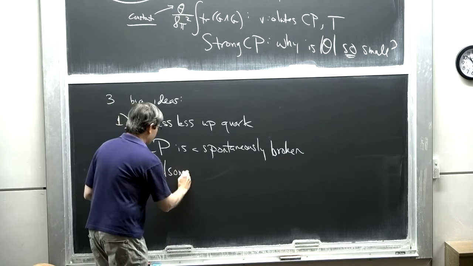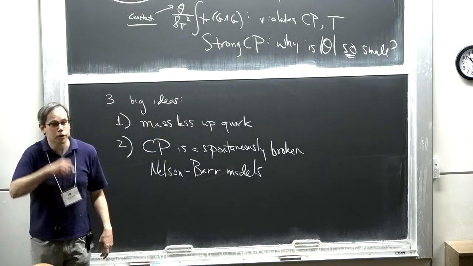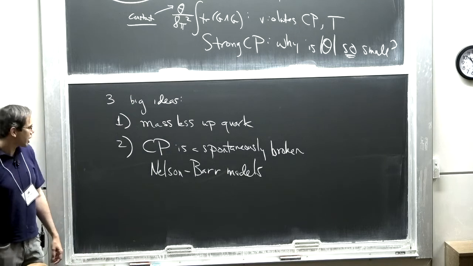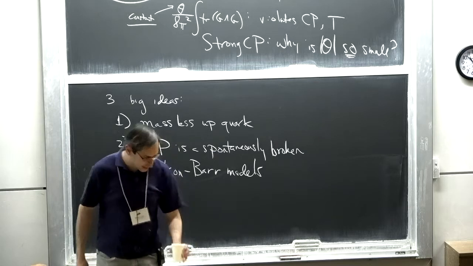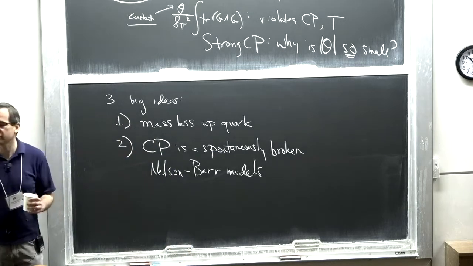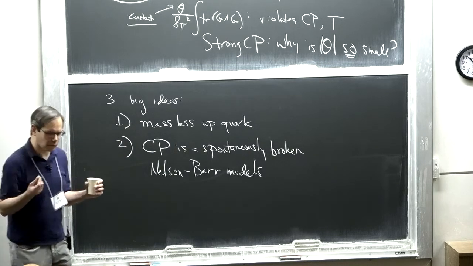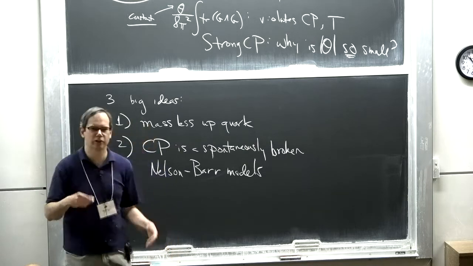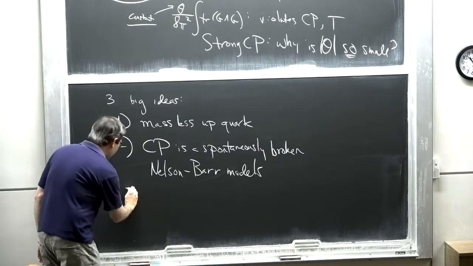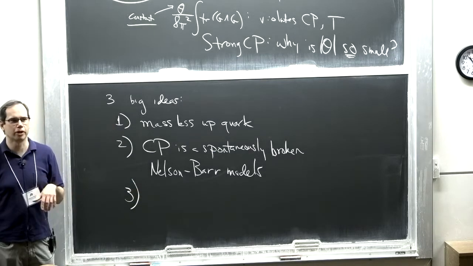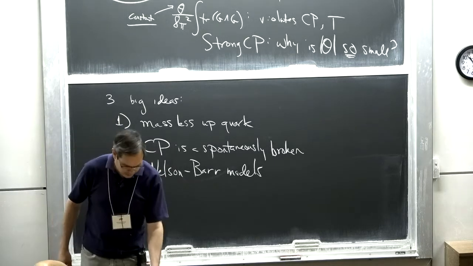This category of models is known as Nelson-Barr models. The first paper was a single-author paper written by Ann Nelson when she was a grad student. So Ann was the person who was clever enough to figure out how that might work. People have continued to study a lot of variations on this kind of model, but they're kind of baroque and hard to make work. It's a nice idea, but when you try to implement it and make it consistent with all the constraints, it's not easy. Unfortunately, I don't have time to do justice to Nelson-Barr models in my lectures, so I'm just telling you they exist. They are interesting, and there's a lot of physics attached to them.